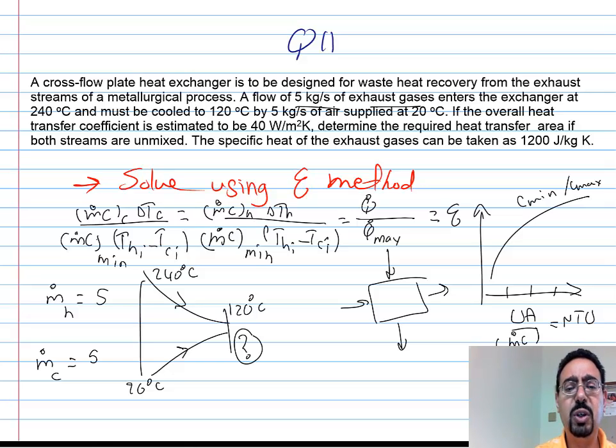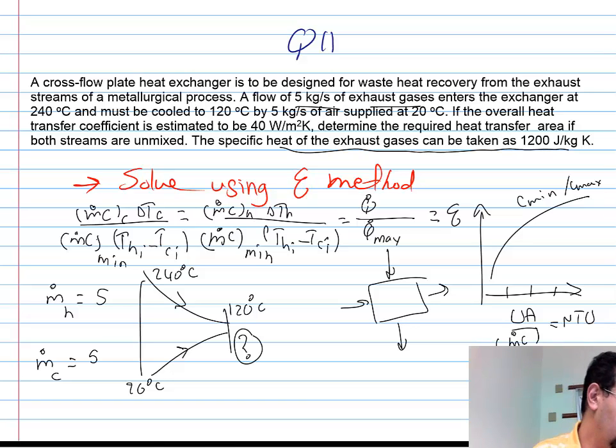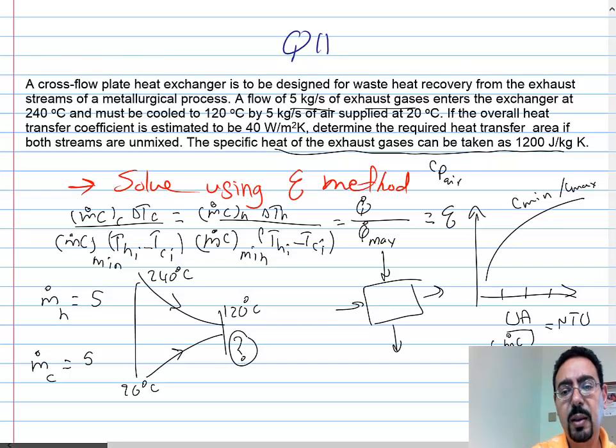How can I calculate the exit temperature of the air? Anyone? Right, if I find the Q dot from the hot side, and I say it's m dot hot, C_p hot, delta T hot, that must be the same Q dot on the cold side: m dot cold, C_p cold, delta T cold. But I have to have C_p for both of them. He actually said the hot exhaust gases C_p is 1200, and of course for air I can just open my table in the textbook and get C_p for the air, which is 1010